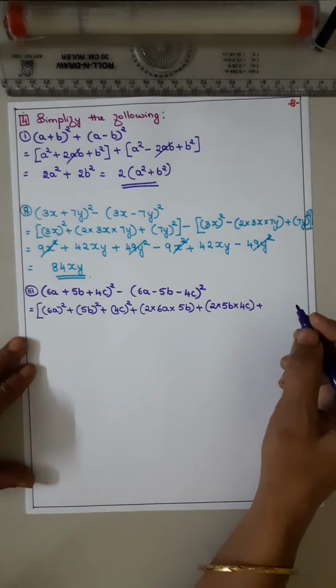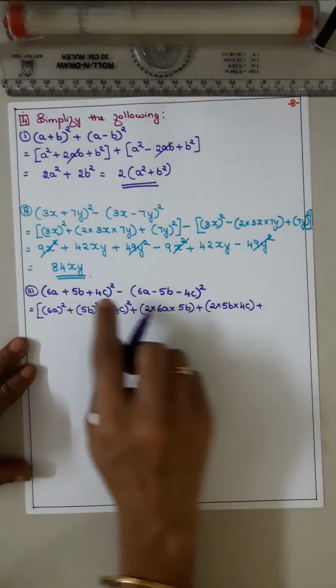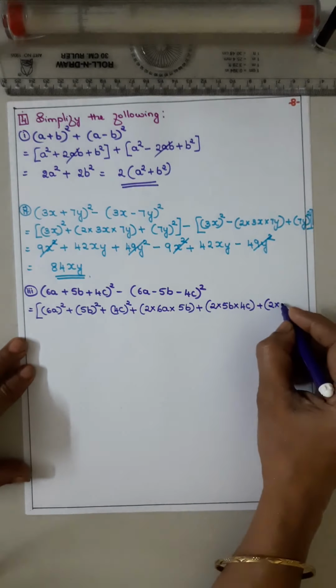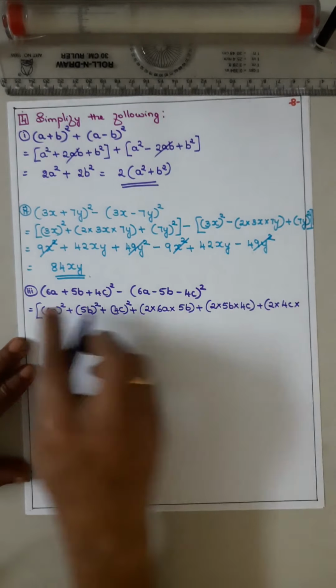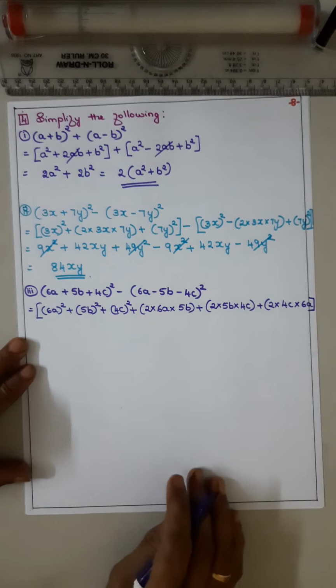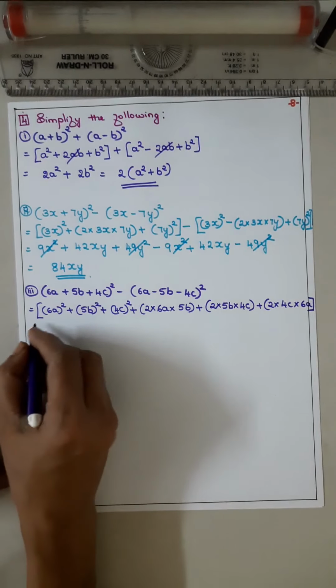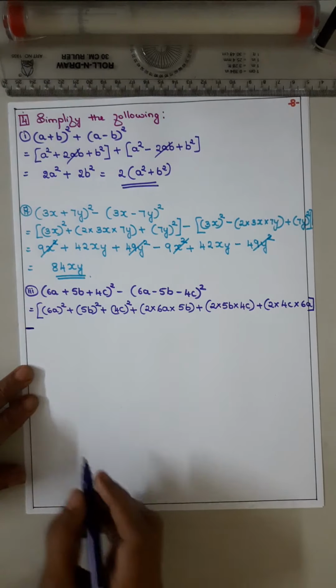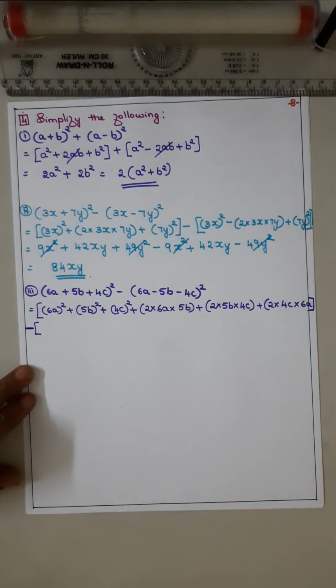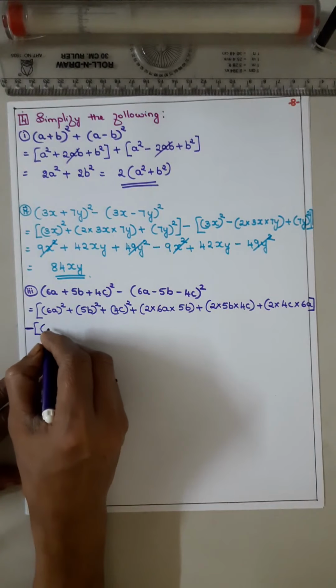Plus now 2ca, 2 into c is 4c into a, 6a, bracket close. Now the sign is minus. Now open this. Again the same. It is a²,